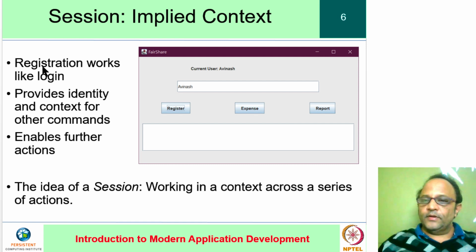In our app, registration works sort of like login, and we can tell the current user after they register that the rest of the operations will happen in the context of their identity. As shown in the screenshot, our application can arrange easily to remember the registered identity.